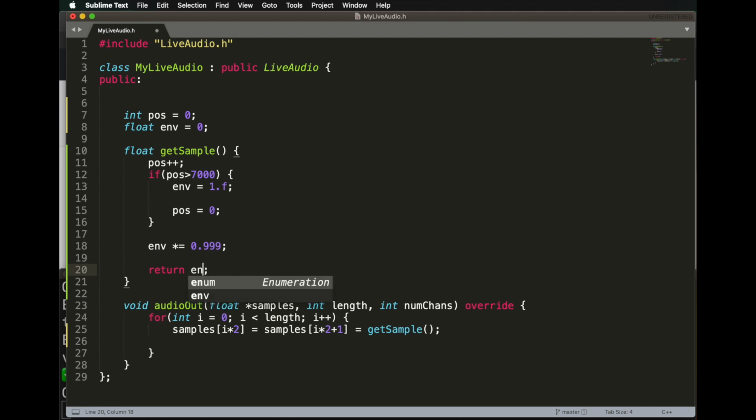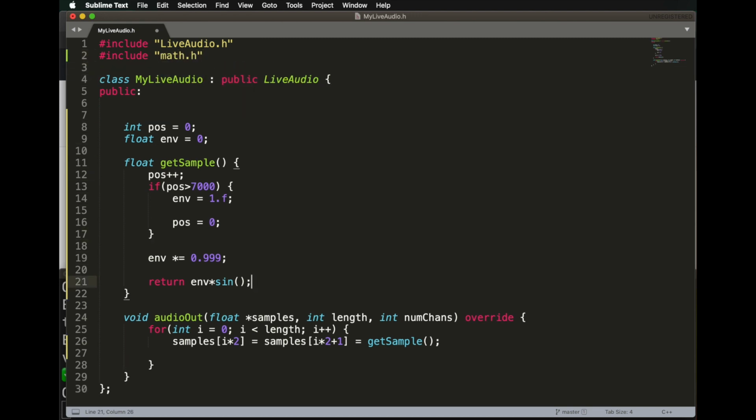So if I just type that, and we play the envelope out of the speaker, you're going to get a click. Okay, so that's our envelope, but obviously envelopes are made for shaping another sound, so we need a source sound. Very simply we can use a sine wave. The sin function is a good thing to use. Just need to include math.h,